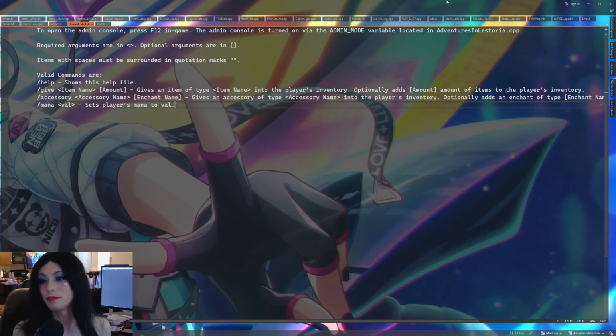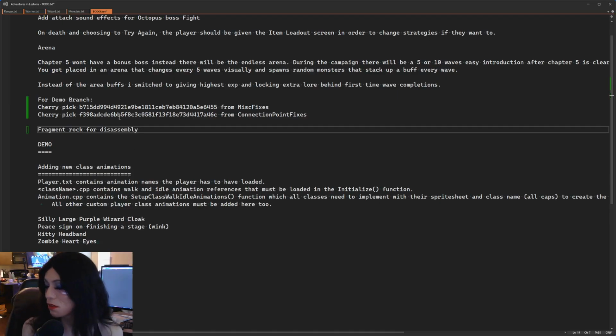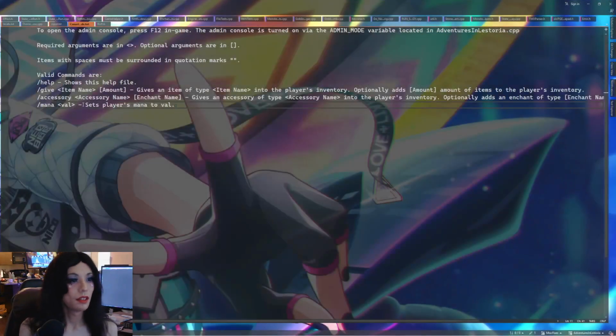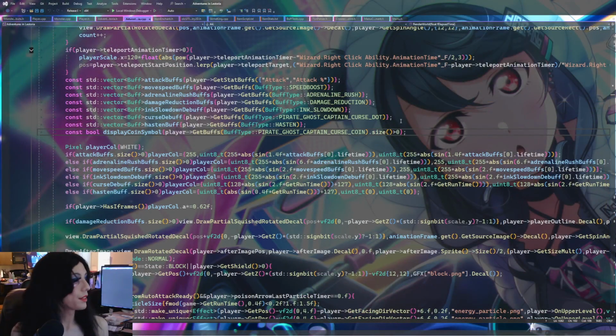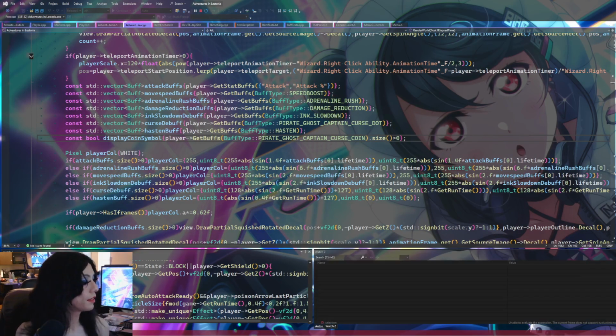Perfect. Okay, so today we are going to be looking at the analog controller issues that were happening in the Overworld map. Before I get to that, I have two things I want to do. The first is figure out this fragment rock for disassembly thing that I just encountered. I actually mentioned it about 4 days ago, and I will quickly show what that is about by running my